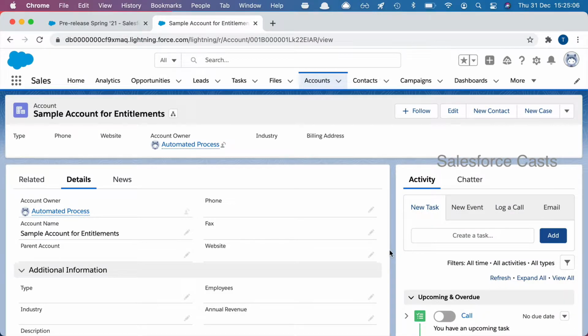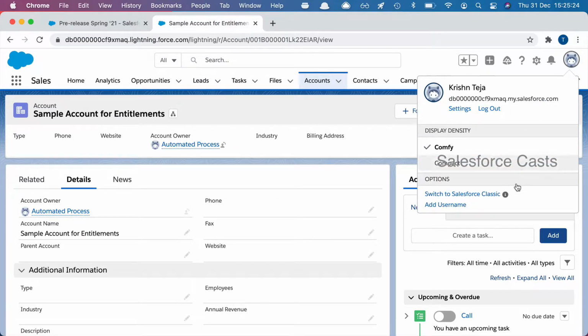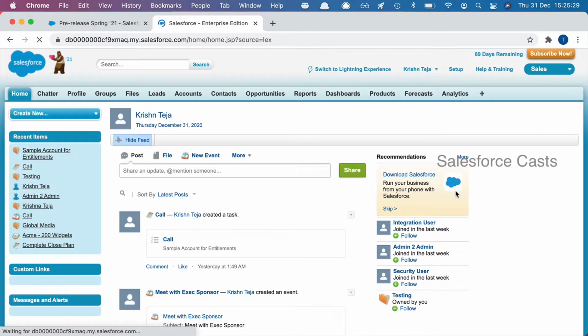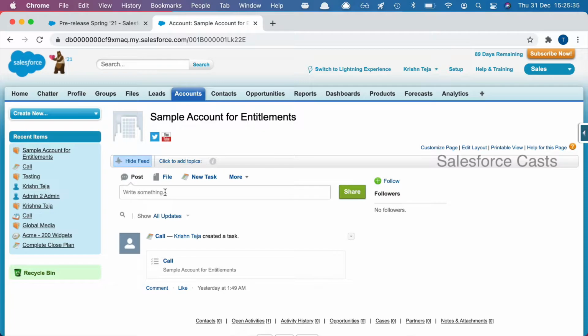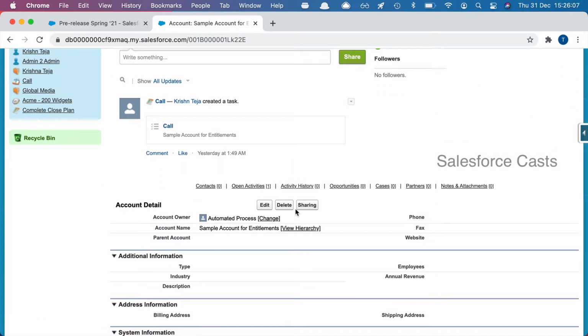If you're not a big fan of this UI, and if you're somehow in love with the Salesforce Classic UI, let me navigate back to Salesforce Classic for a second. Let me navigate back to the same account record. Now here, information is not grouped into multiple panels. In Lightning Experience, all the information associated with a single account record is grouped into multiple tabs. If you're interested in the related list information, you go to one tab. If you're interested in the activity information, you reach out to the right side panel, and so on. So information is taken, grouped, and shown to us in a single page. Whereas in Salesforce Classic UI, it's not the case. Everything is shown to us in a single page.